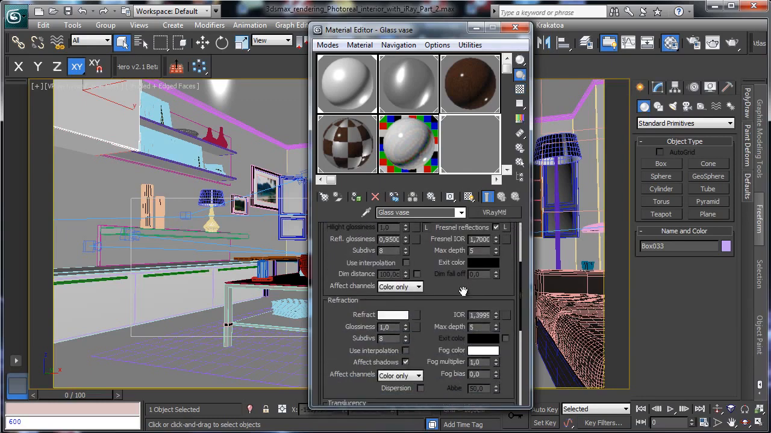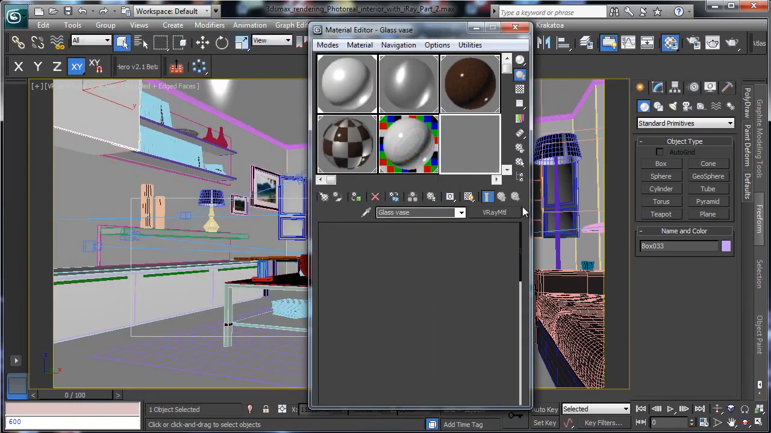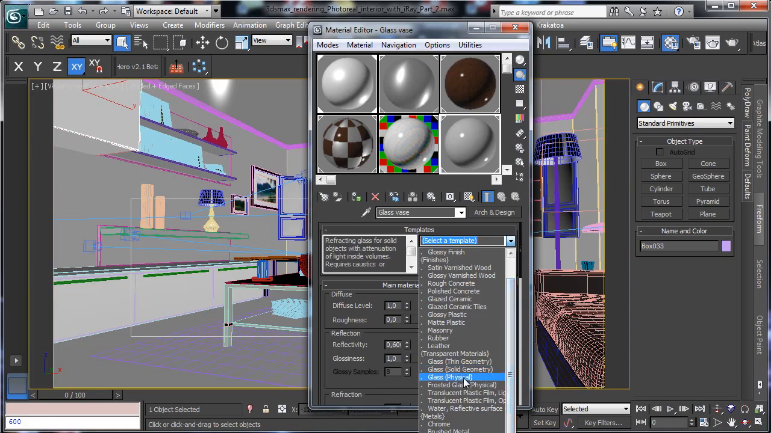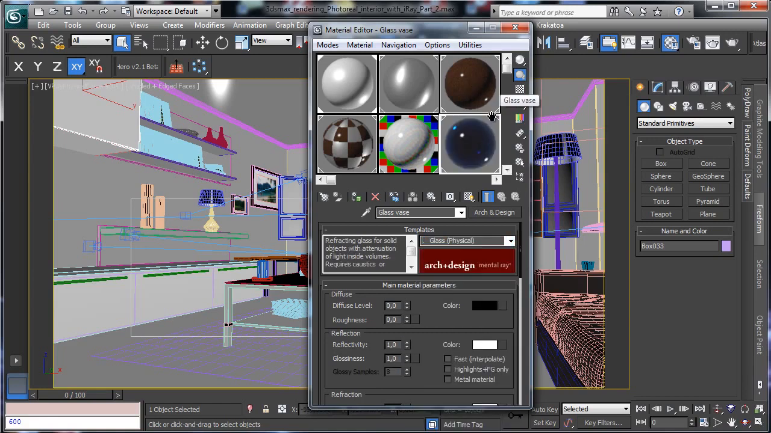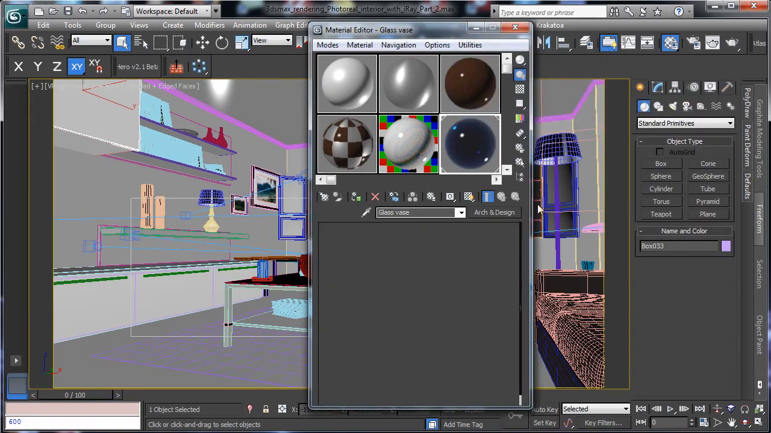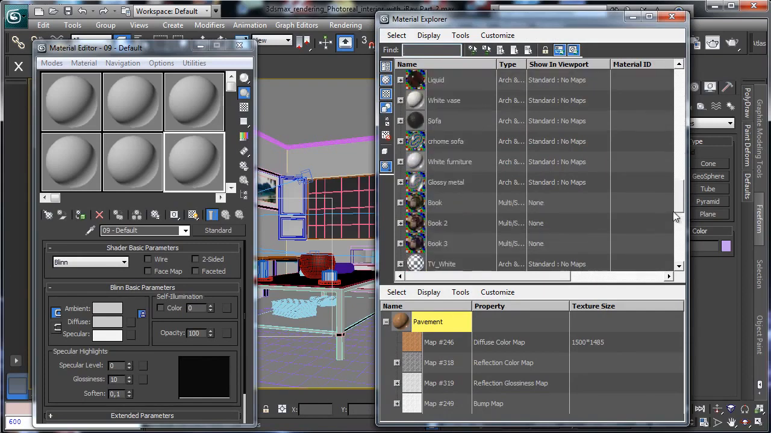The glass base is a glass. Okay, so Arch and Design, and we can maybe just use directly the glass physical. Okay, perfect. So save and reset the material editor, material explorer,